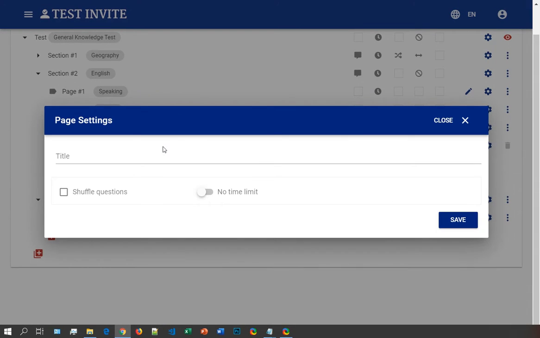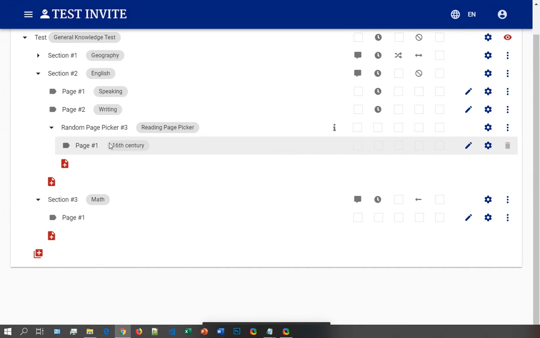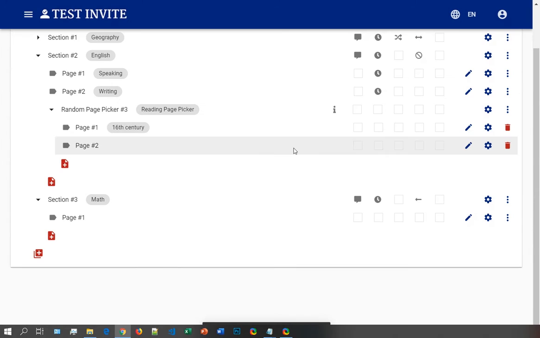Let's also give it a name. 16th century. It is the name of the reading material. So this is how I understand. And let's add another page. I will do almost the same thing. This time